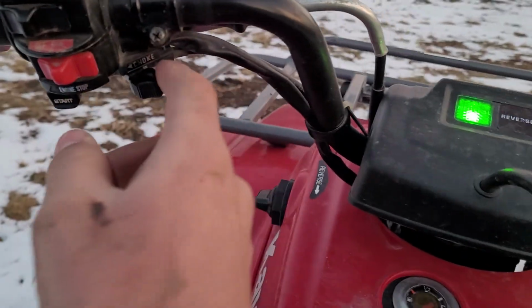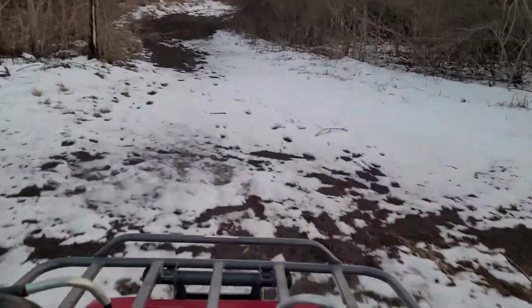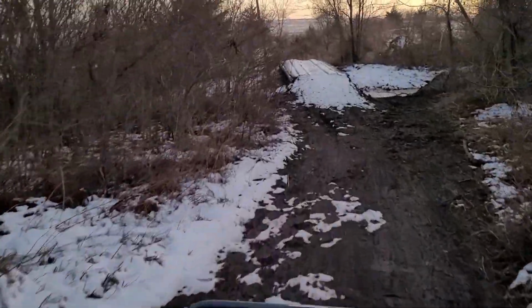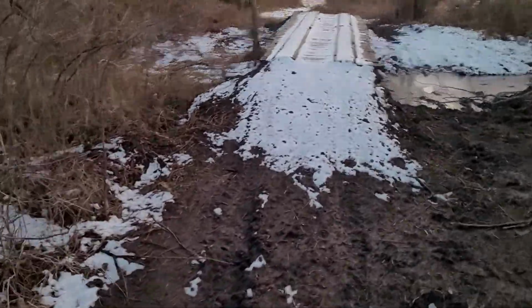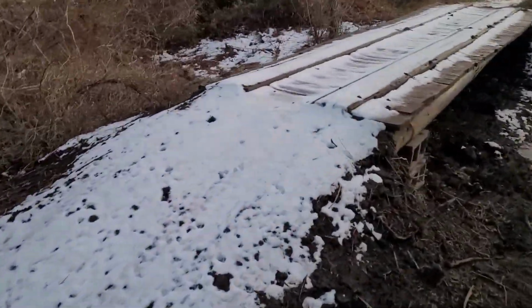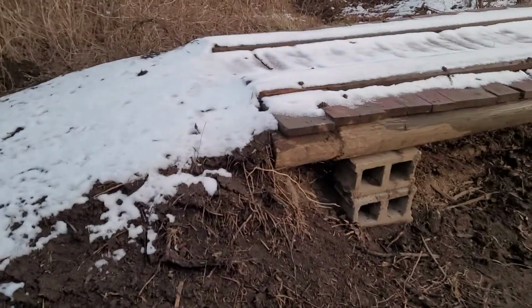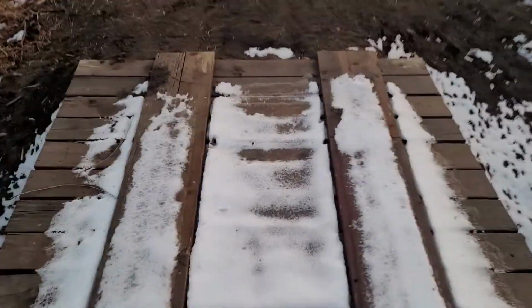Nice thing about this four-wheeler is that the electric start doesn't go bad. Alrighty, this is the bridge. It is the latest edition of it. It's raised up higher and it's stronger. So I added this ramp here, just kind of a dirt ramp to get onto it, but there are these boards to take the beating of the four-wheeler. And I can still, if I really wanted to, drive through here and get some muddy,